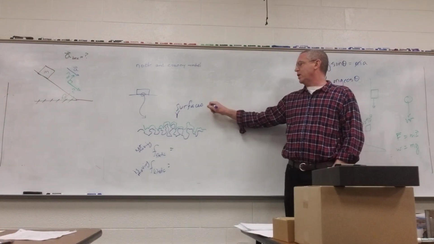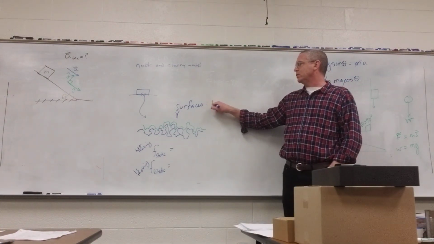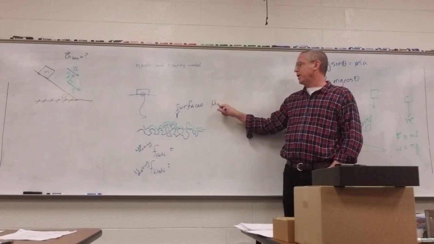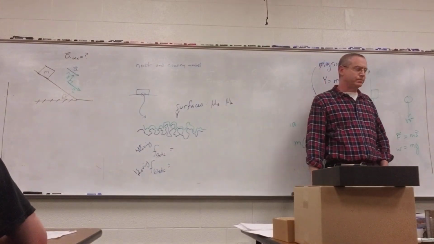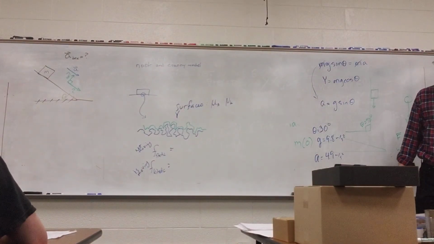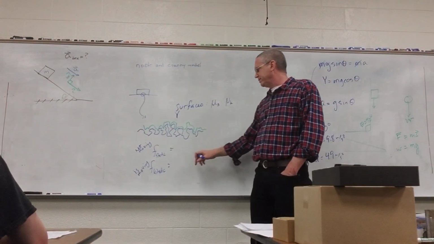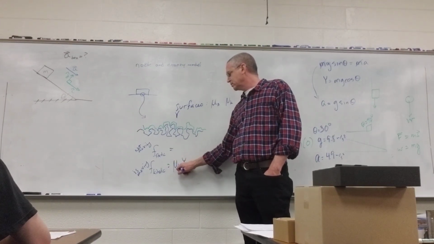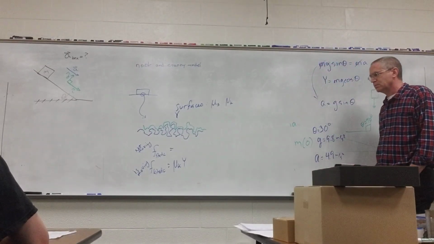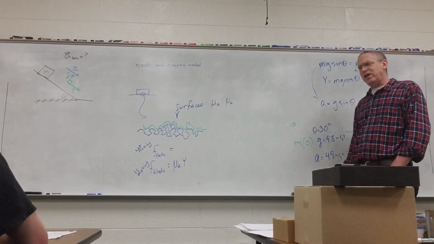The surfaces are brought into the coefficient. And so we'll have a mu S or a mu K, depending upon if it's static or kinetic. So the formula for kinetic friction is mu K times the normal force. Static friction, on the other hand,